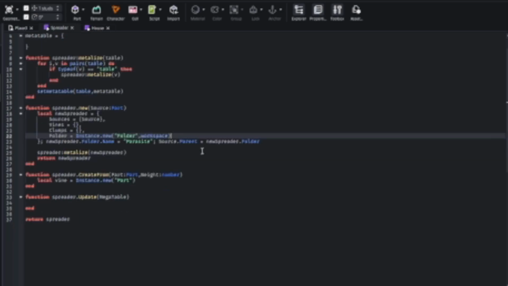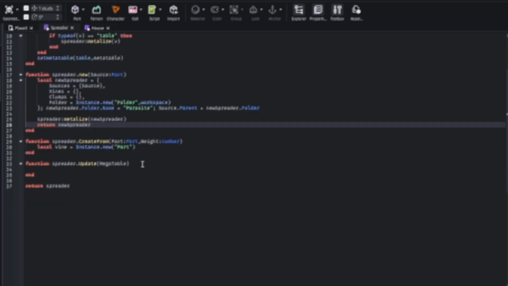I'll just do this site, make it simpler. And line will be instead new part, which will be parented to the